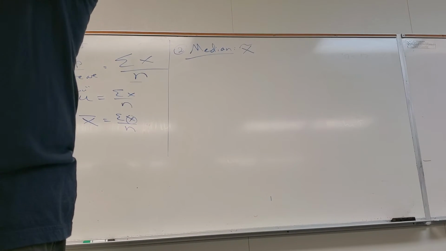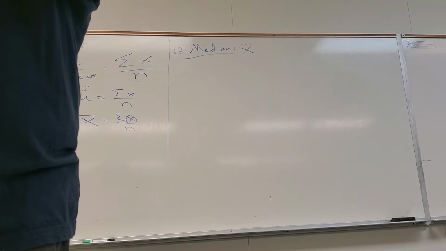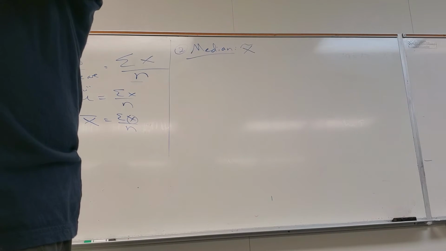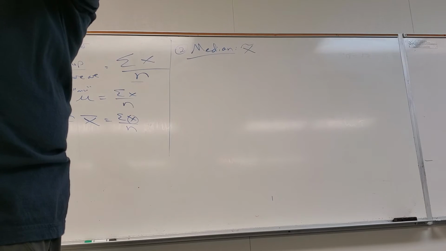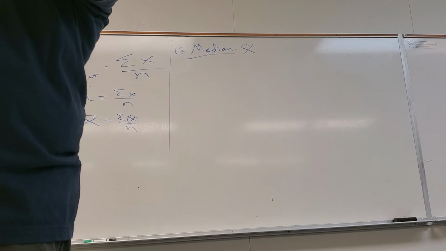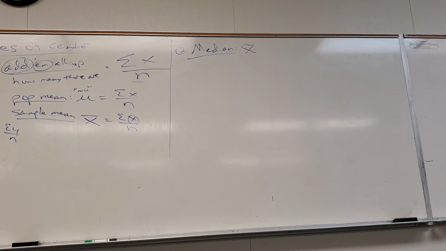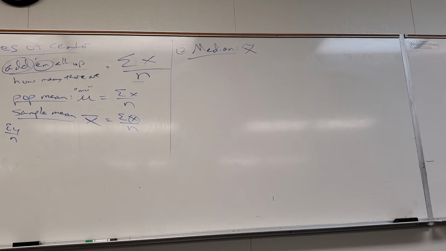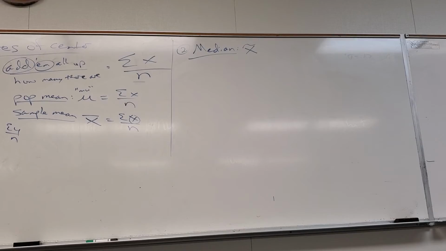What about 4 numbers? Where's the median? In between 2 and 3. Average those two. Half of 4 is 2, so average the second and third. That's going to be the number in the middle of the 2 in the middle. All right. Nothing new there. It's just the word might be a little new.